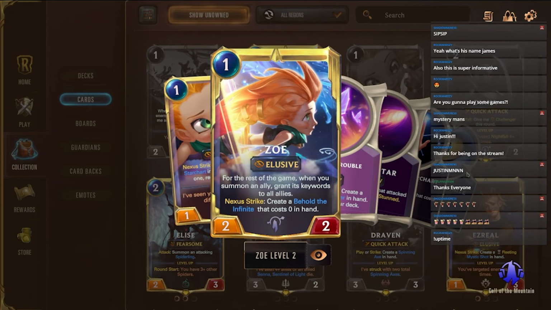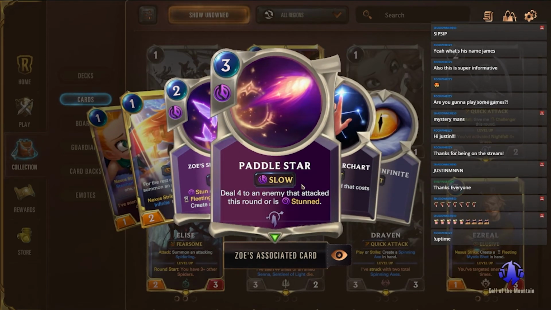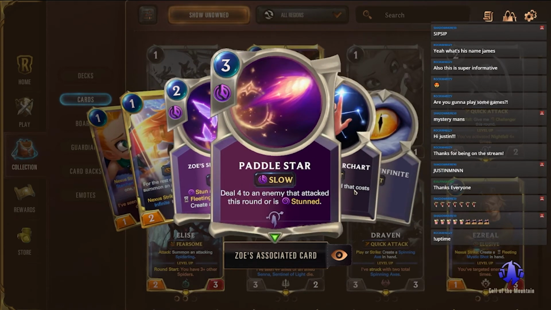Not at all. She does have another part of her card that we haven't mentioned yet, which is what she turns into when you have her on the field already, which is Zoe's Sleepy Trouble Bubble. It is a slow 2 mana cost spell that stuns an enemy and creates a fleeting Paddle Star in hand. And the fleeting Paddle Star is a 3 cost slow spell: deal 4 to an enemy that attacked this round or is stunned. So it's a nice little 5 mana combo to deal 4 damage to something, and it's 2 spells,